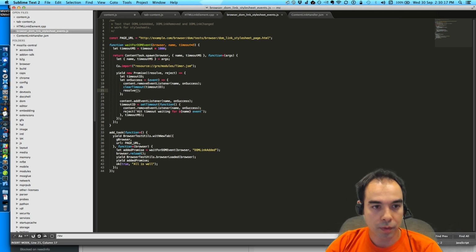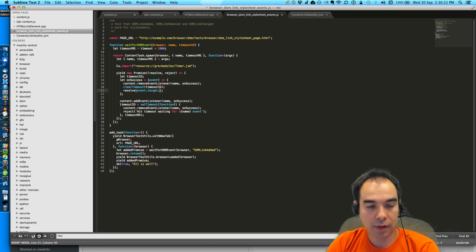What we'll do is we'll resolve with the event target dot href. Let href equals, okay, we'll make it href, and then the page, DOM link stylesheet page, what will it be?